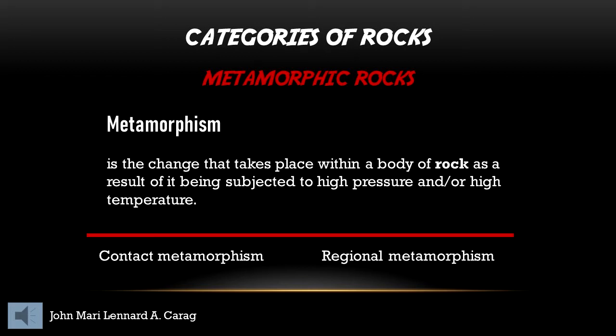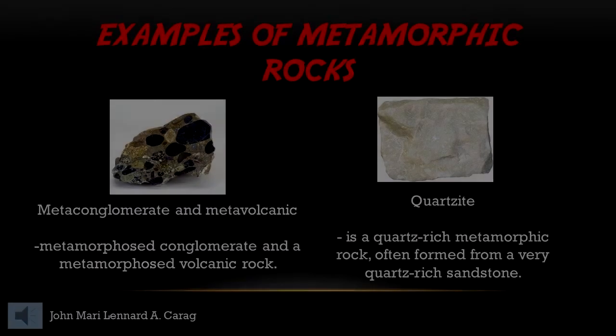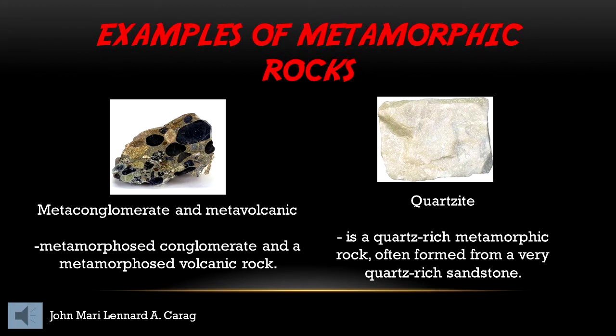This involves hot magma. Kapag tumaas yung hot magma sa shallower levels of the crust at nainitan yung mga cooler rocks, maaaring mag-metamorphosize yung mga rocks na yon. Another type of the metamorphism is the regional metamorphism. And this type of metamorphism does not include magma. This metamorphism is the result from the stresses and the heating of rocks from the mountain building or the plate tectonic movements. Examples of metamorphic rocks: metaconglomerate and metavolcanic.